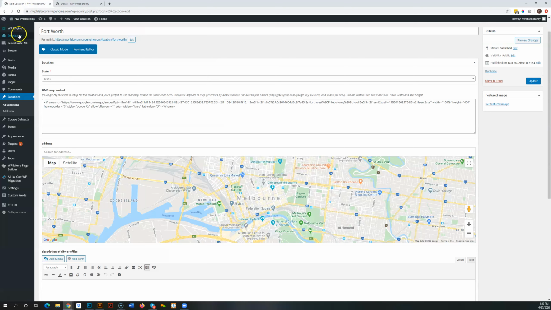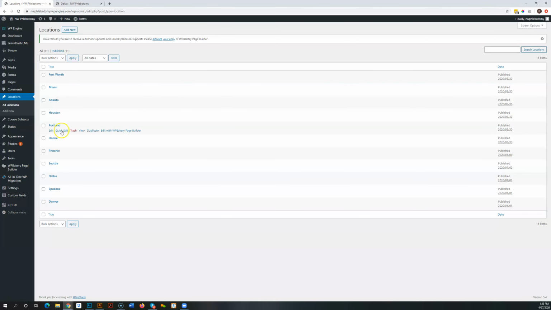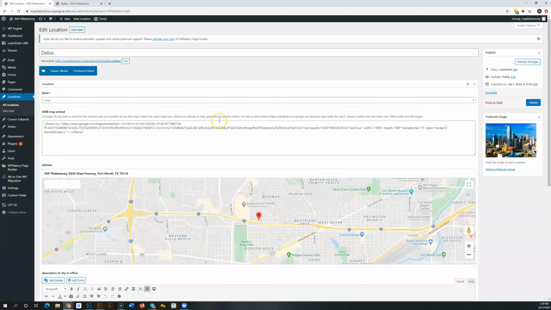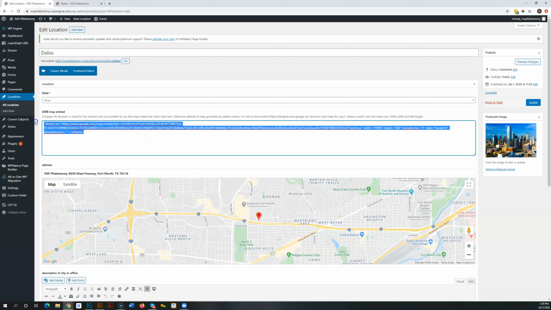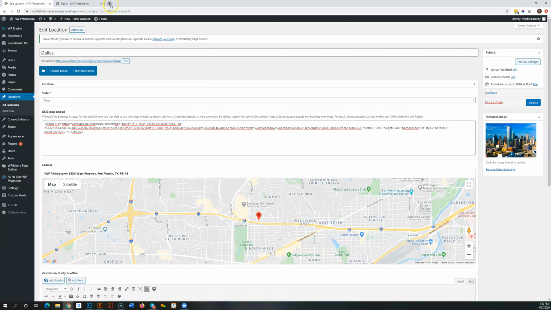So on the back end, if we come to locations and then we come down to Dallas, is where we edit that content. So here is where the code goes for the map. Let's see, should I show you that? Sure, here we go. So when you need to put in a new location and you need a map, what